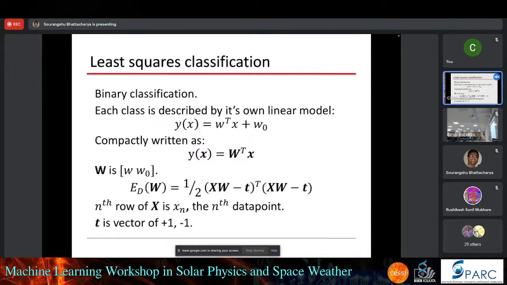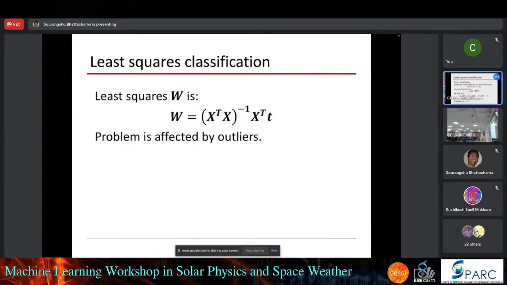Okay. In classification, the target can only take values +1 or -1. One of the classes is +1, let's call that the positive class, and the other class is -1. So t is only +1 or -1. That is going to be the predicted value. And we use the same objective that we are so very familiar with, which is the squared error objective. And then we can get this least square estimate. So the question is: